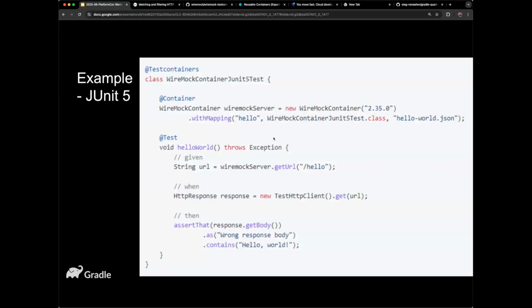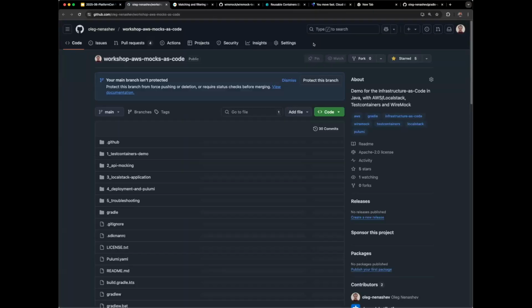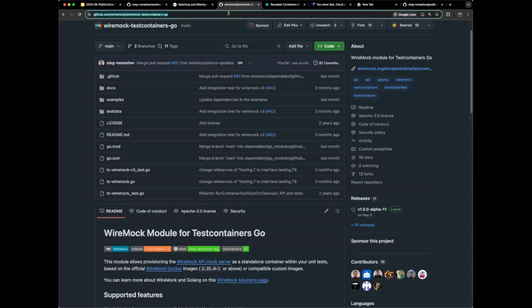So this is an example actually presented a while back. We are returning to the initial topic of this session, and you can see that WireMock and Testcontainers can be provisioned together, and they work quite well. I wanted to switch to the IDE at this point, but what we passed through in terms of introduction is Testcontainers, API mock, and LocalStack. And I can show you a more practical application of how these tools work together, for example, with Spring Boot. One thing I wanted to check before that: